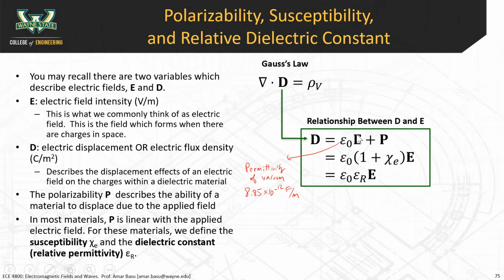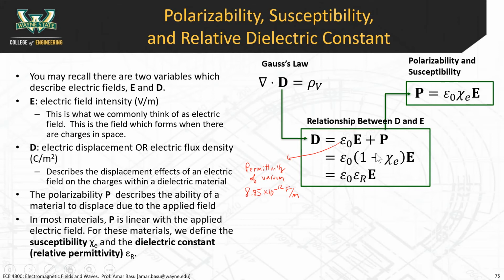Okay, so if you have pure vacuum, then D is equal to epsilon 0 times E, and you don't have any polarization in a vacuum. But if you have a dielectric material in between that can polarize or align to the field, then you have this P, polarization parameter. And so D becomes equal to epsilon 0 times E plus this polarization effect. Now this polarization effect can be described by